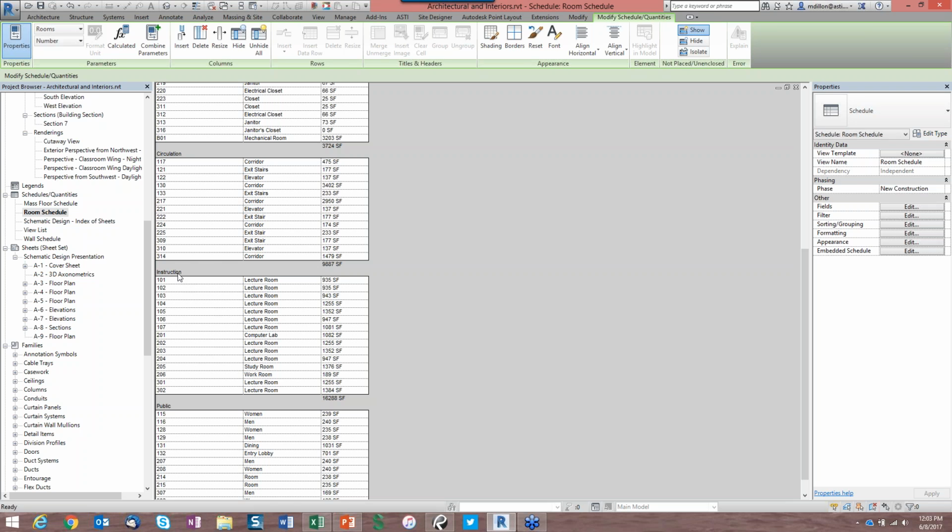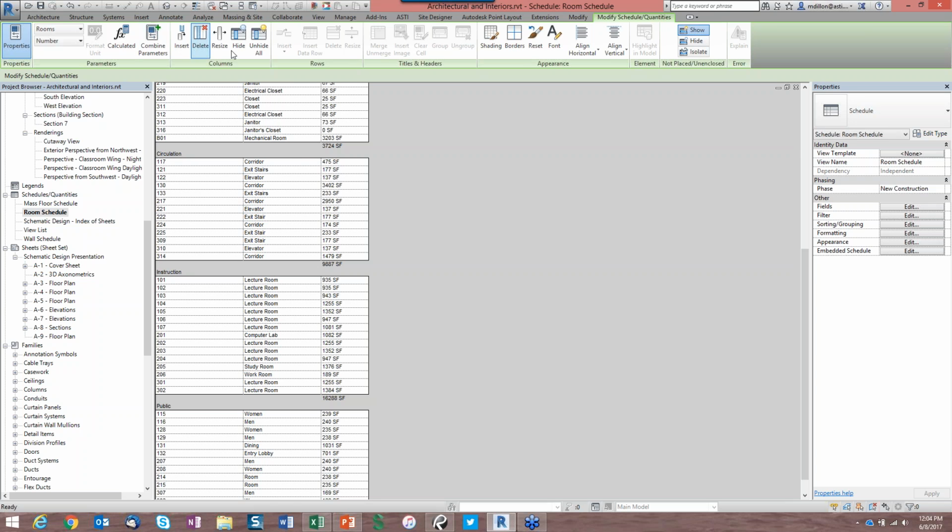Now there's quite a few rooms here. In order to change this, I would have to either go into a schedule where it showed that in a column and change it room by room, click, click, click, or go to each room and pick them individually in the model and change them there. It can be rather time-consuming and tedious and rather frustrating. But using the new editing capabilities by unprotecting the worksheets in Excel, I can do this very